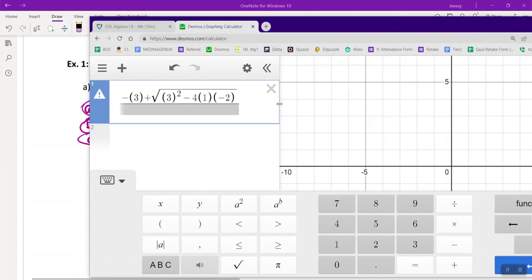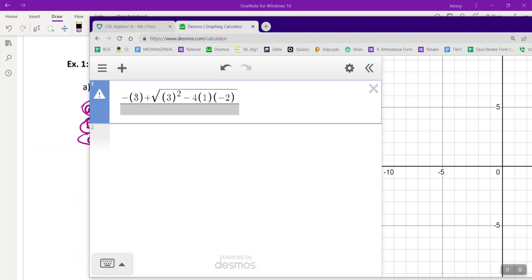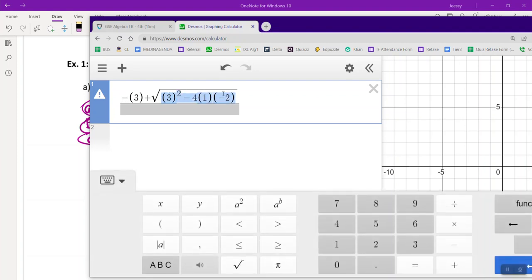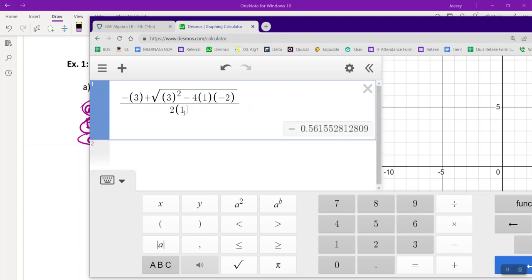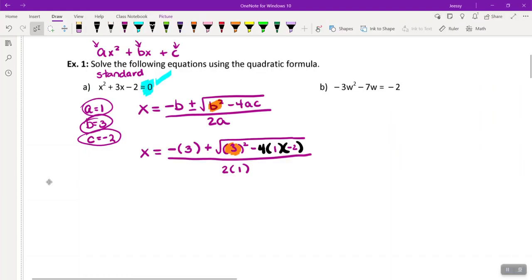So if I expand this a little bit more, you'll see that all of this, the discriminant, is inside of my radical sign. We all make sure that the discriminant is always inside that radical sign when you're putting it in your calculator or your Desmos. All right, then I go to the denominator and I do 2 times the A value, which is 1. Now you'll notice that Desmos gives me the rounded answer. This is 0.562. So my first X is